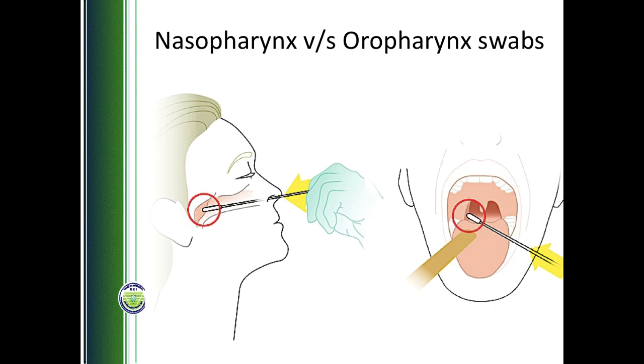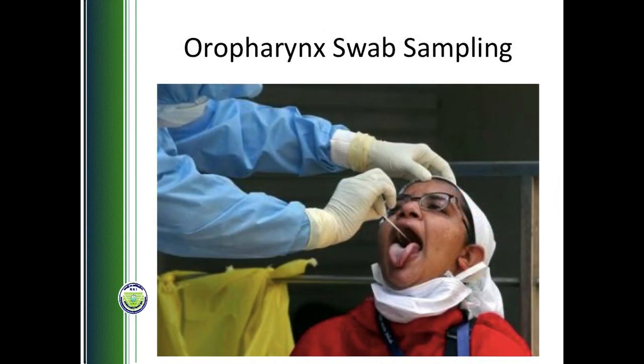For sampling the viruses, as I said earlier, sterile swabs are used. The swabs can be used to collect the virus sample either from the nasopharynx or from the oropharynx, as shown here. We do not have sufficient data to conclusively say which method gives better results, and so both can be used. In our state, in our country, mostly oropharynx samples are collected.